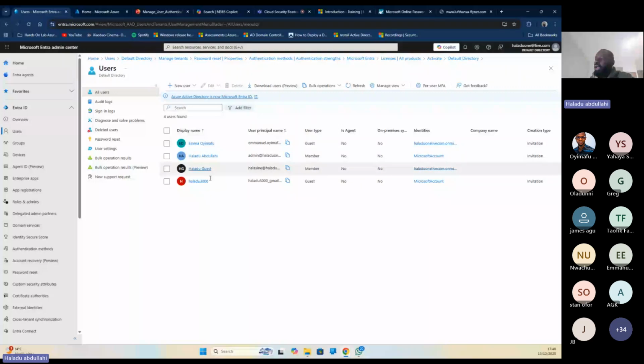And in order to allow these users to access my machine without using a local user, most of the time when we create a virtual machine, we create it with a local admin or local users. Now we want to eliminate the use of local users on our machine. We want whoever logs in to leave a trail. We want to know who is doing what, and we want to eliminate as much as possible local account and local admin account usage. We want to make sure it is our users within our organization domain that are accessing that machine,